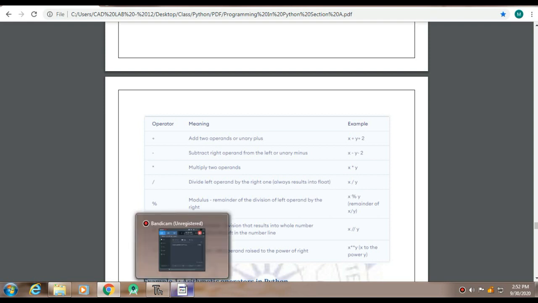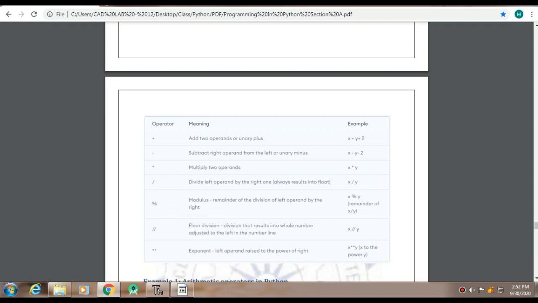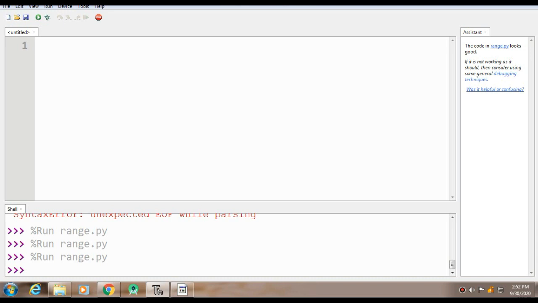So we'll quickly see the implementation of all of these operators. Let's say we have a number a equals 10 and b equals 20. We are going to perform all of these operations one by one. Let's say I'm taking add; this will simply add these numbers.